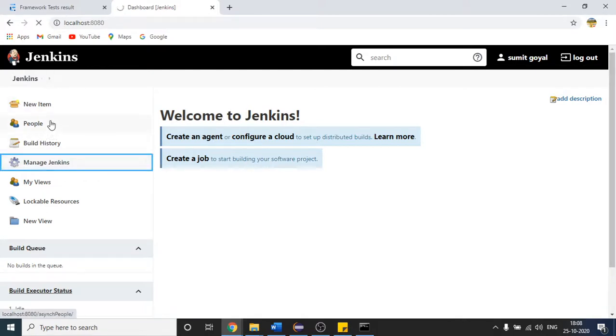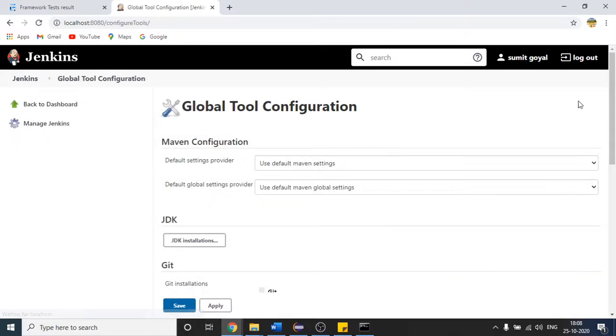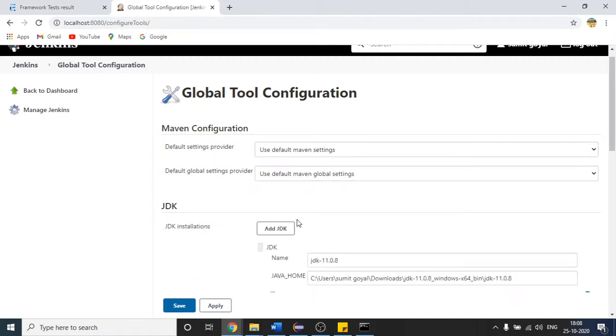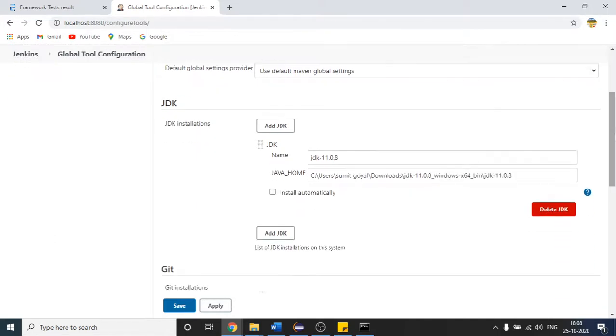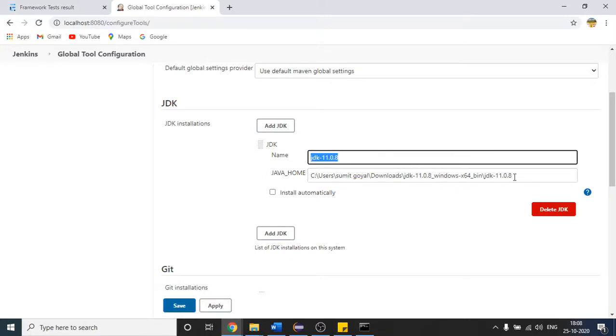We will be discussing the points present here one by one, but let us set up the required one. So you can click this Global Tool Configuration. Here I will provide the path to my Java JDK and the Maven. I have already set up some paths. This is the path where my JDK is present. You have to provide the same path, just like you did in the first lecture of Selenium, the system variable. You can provide any name here. I have provided this name.